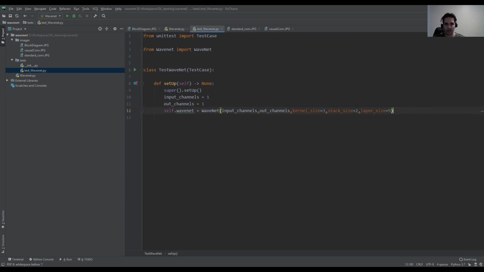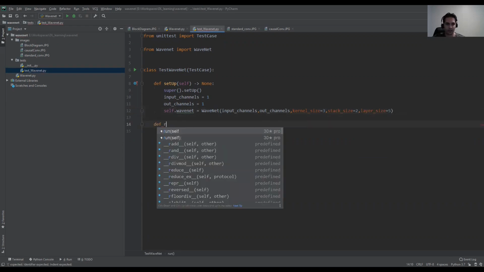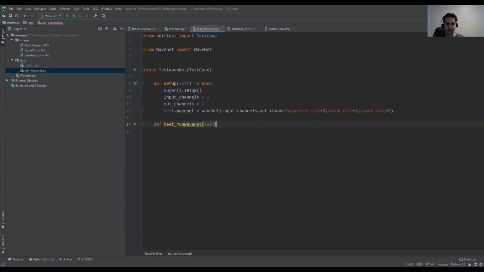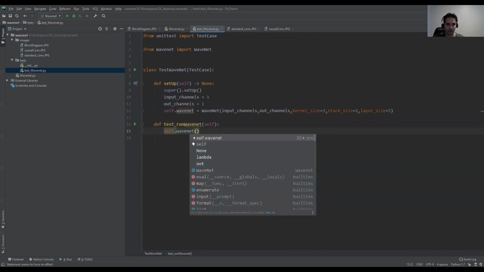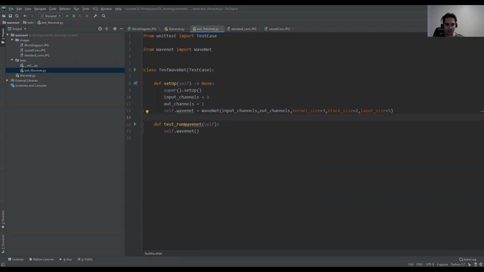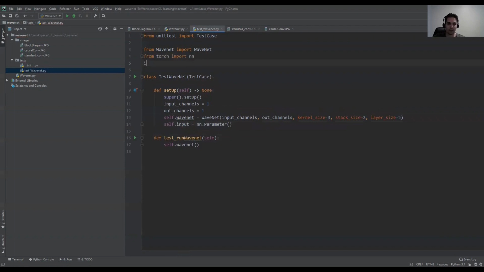Okay. So we have our WaveNets, and I can run test, run WaveNet, just to see whether it is working or not. So we need WaveNet, and we need to pass an input. What is input? The input can be defined using the parameters in PyTorch. So I can say from torch import nn, and here we need nn.Parameter. I can use import numpy as np. I can use np.random,